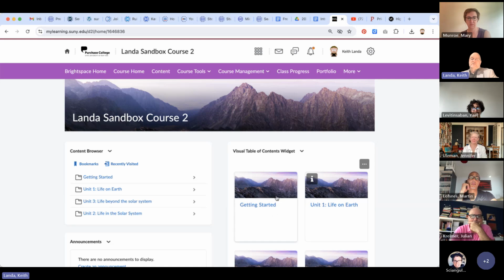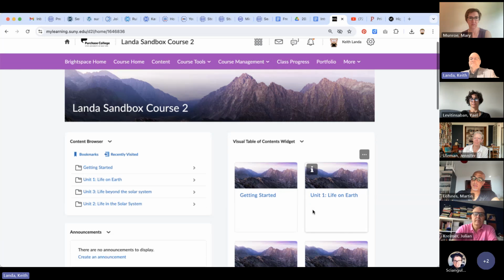This is a quirk in Chrome that it doesn't always show you the images that you have so carefully put into your different modules, which is why I've kind of switched over to working mostly in Firefox when I'm in Brightspace. Anyway,